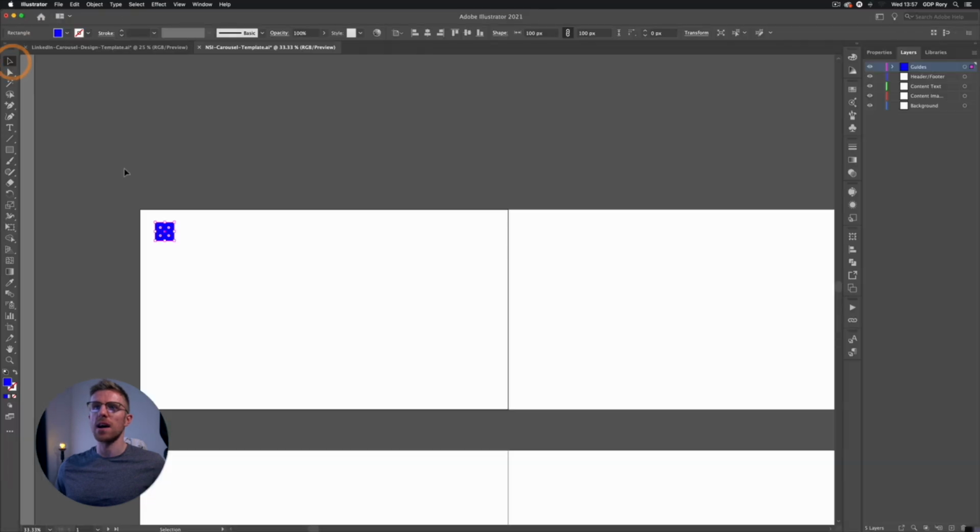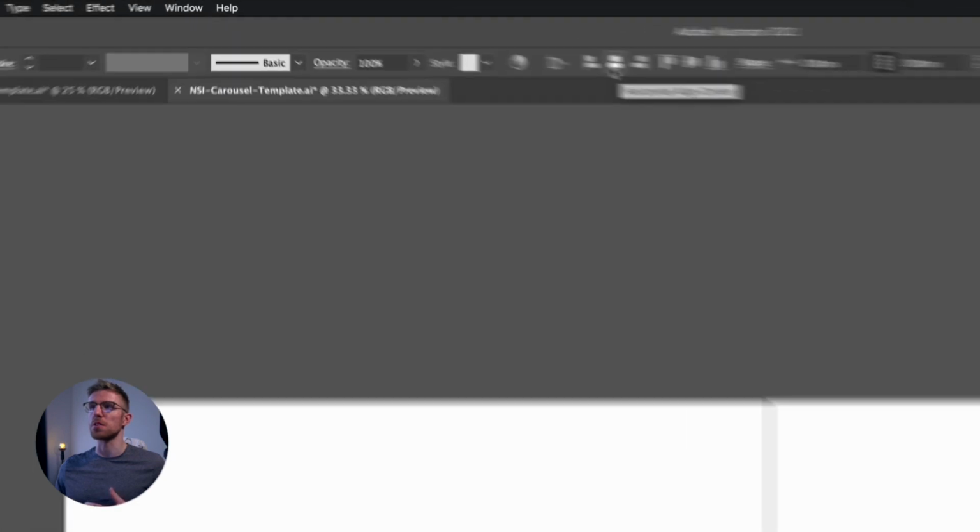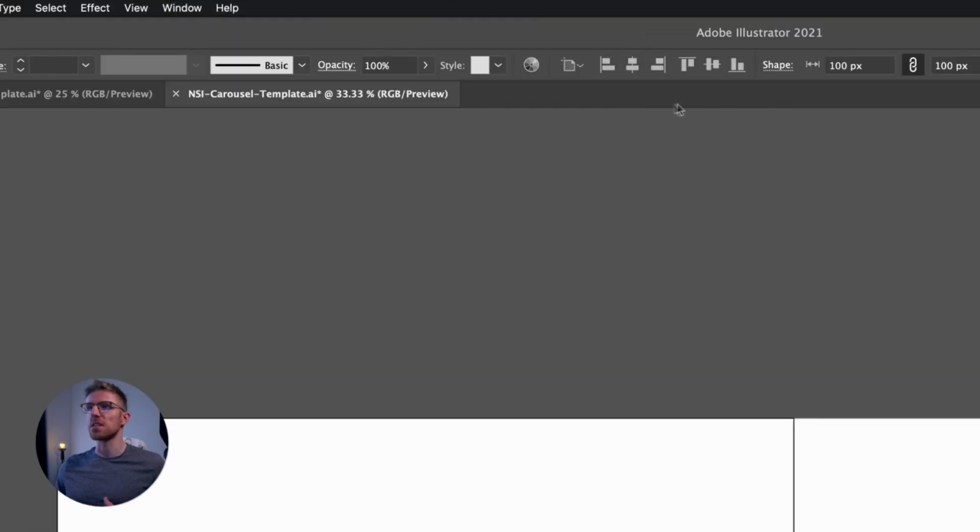stand out more. And with it selected, I'm going to use my align options up in the control panel. You can equally access the align panel via the window menu, and I'm just going to left align this to the artboard and then align it to the top of the artboard as well, so it's sitting flush in that top left hand corner. Make sure that you have align to artboard checked. It should be by default, but just in case it isn't, you can change it from this little drop down